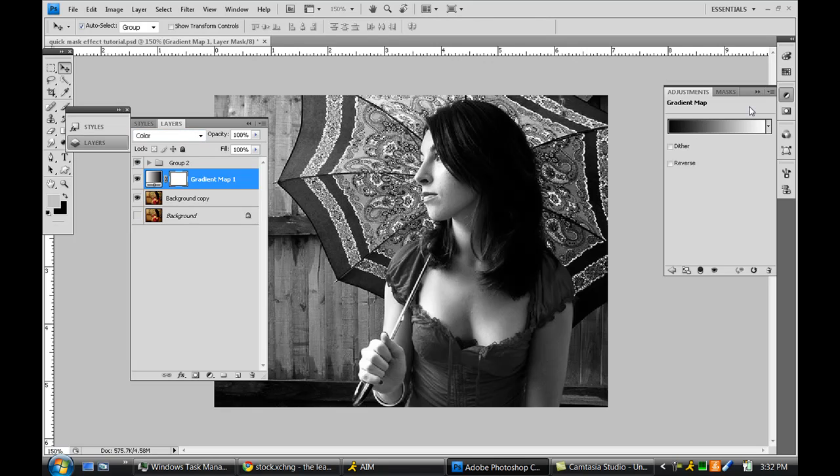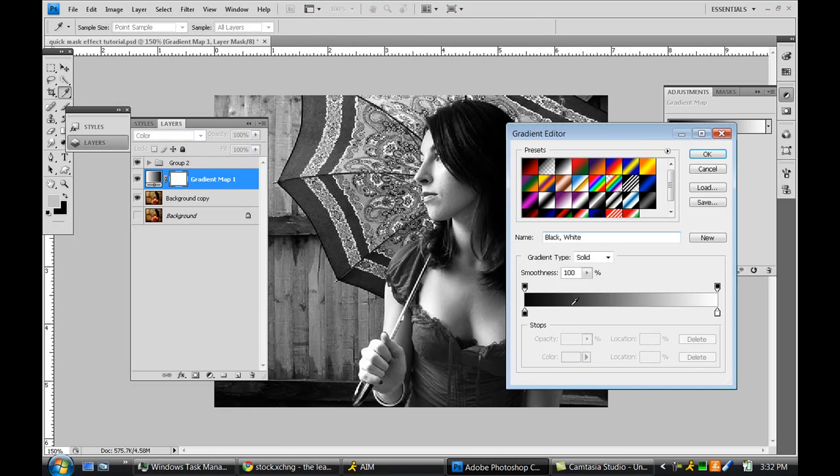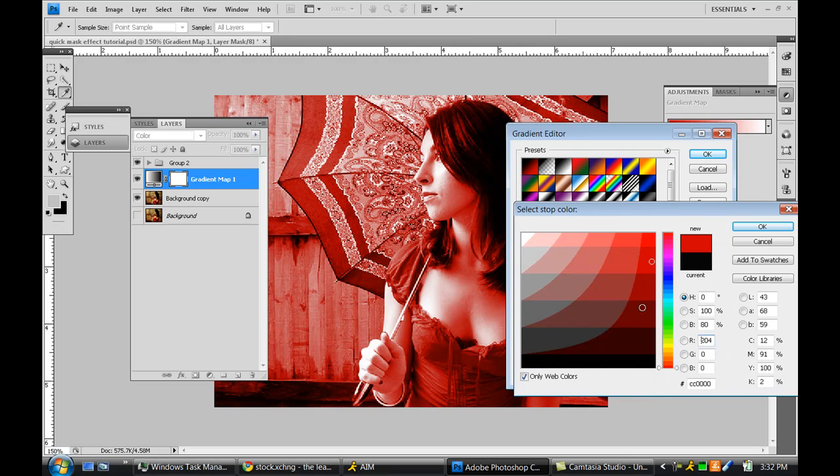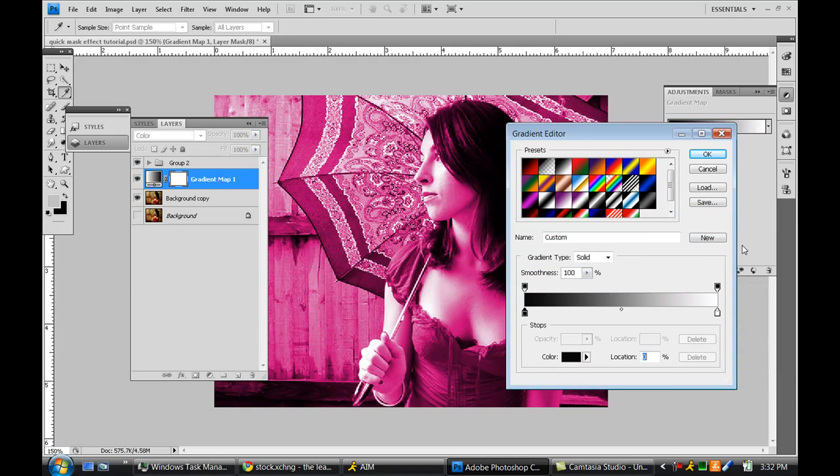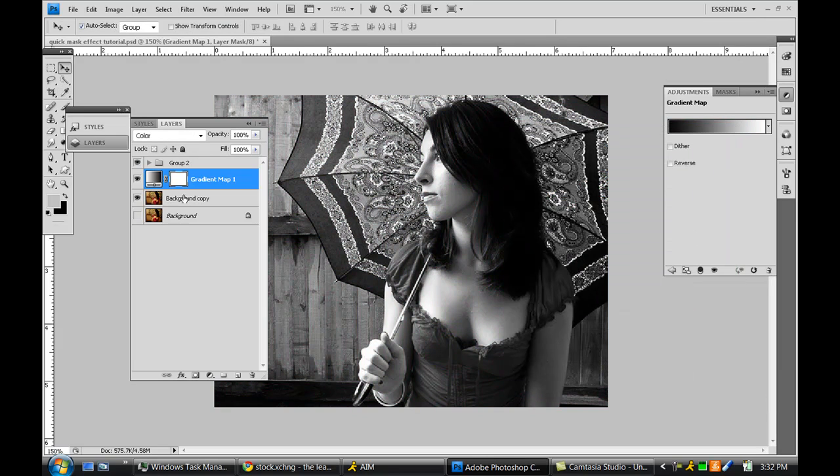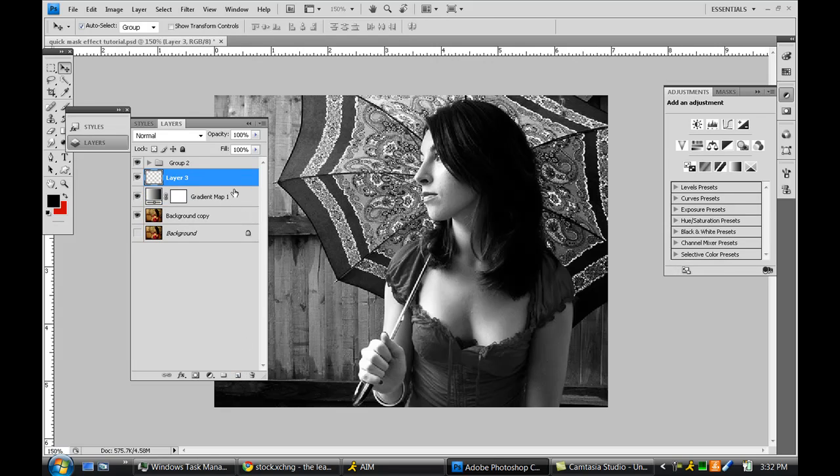So if you want, keep the adjustments tab out, change that black to maybe red, something like that, get different effects, maybe a pink, purple, something like that. I don't know, it's all up to you, so that's just optional if you want to merge them. So I'm going to do it without merging, and what I'm going to do now is create a new layer,